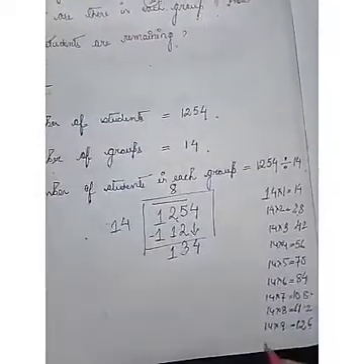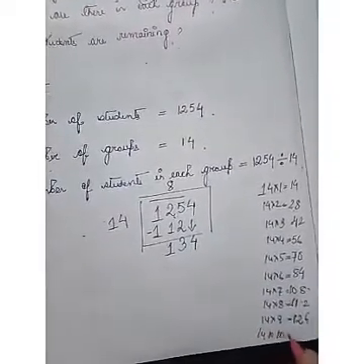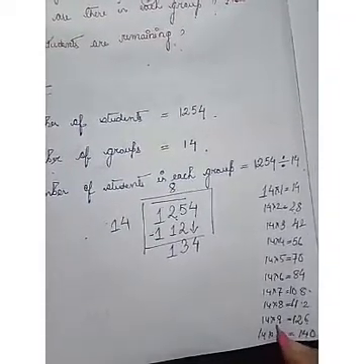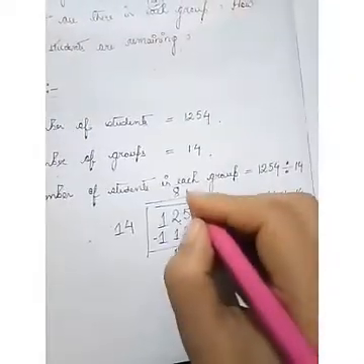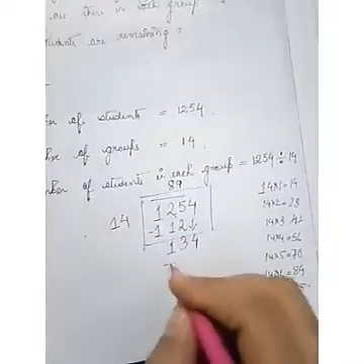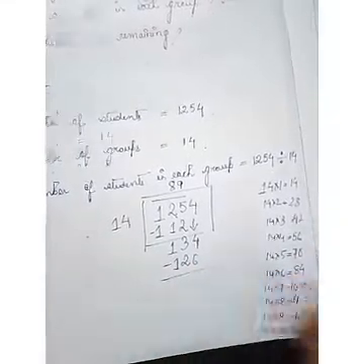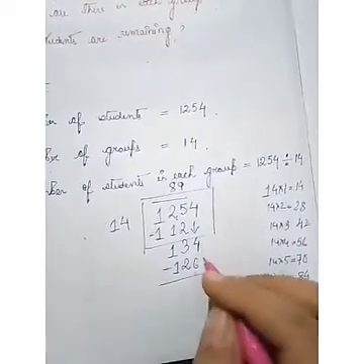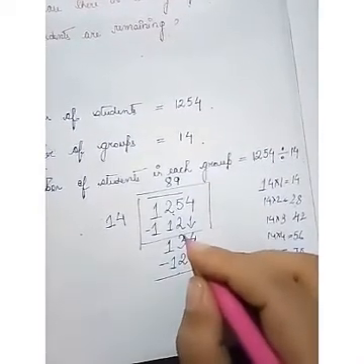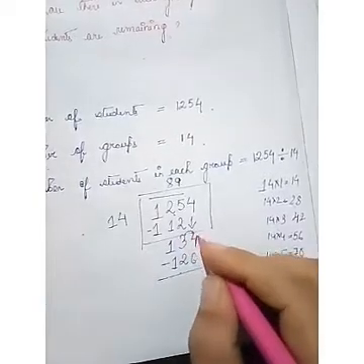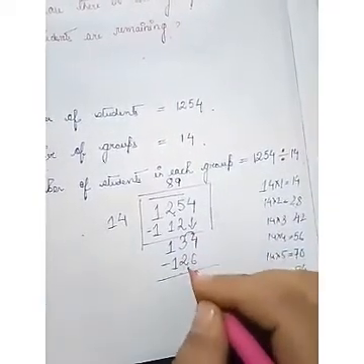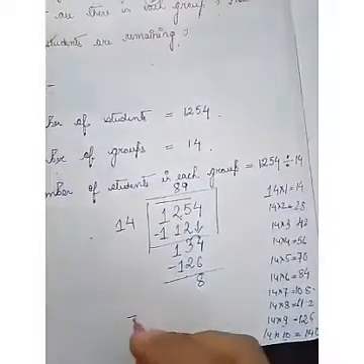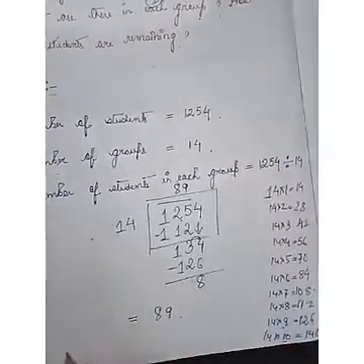So what will come next? 14 into 10 equals 140. Alright, you cannot put a 2-digit number here. What will I do here? I'll put 9. Okay. So 14 into 9 equals 126. And moreover 140 is much bigger. Okay. So 34 minus 6, how much? So it is a carryover. Okay, borrowed. Sorry, regrouping, borrowed. So it will be 14. 14 minus 6 is 8. 2 minus 2 is 0. Okay. So 8 is the remaining. So number of students in each group is equal to 89 and how many students remaining?